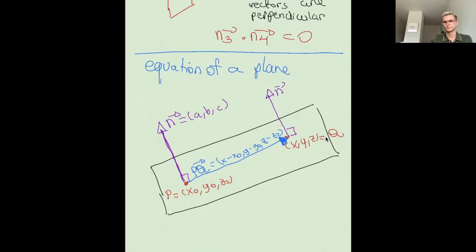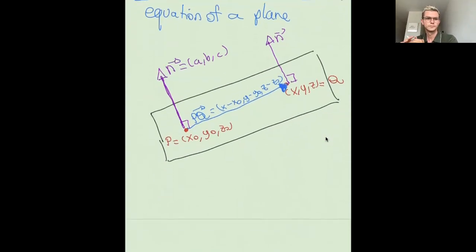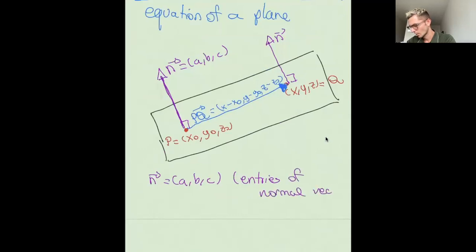Is that okay? So far, so good. So if n is a normal vector with entries A, B, C, and x naught, y naught, z naught is a known point on the plane,